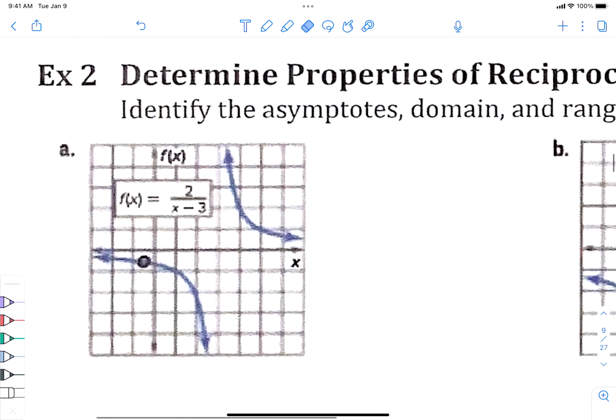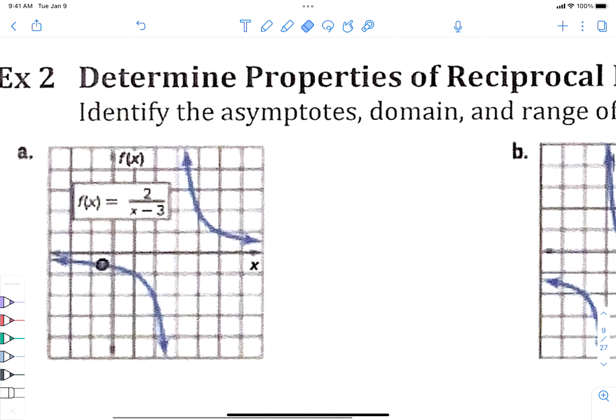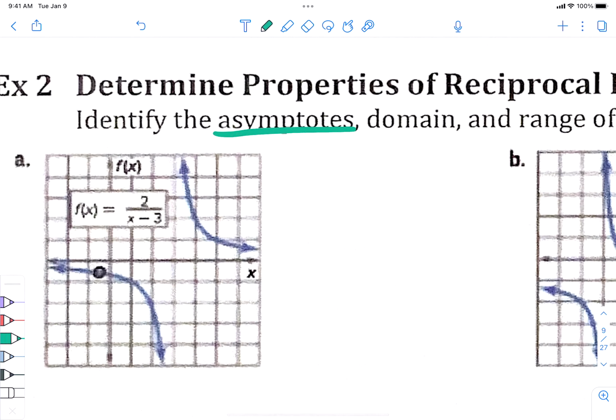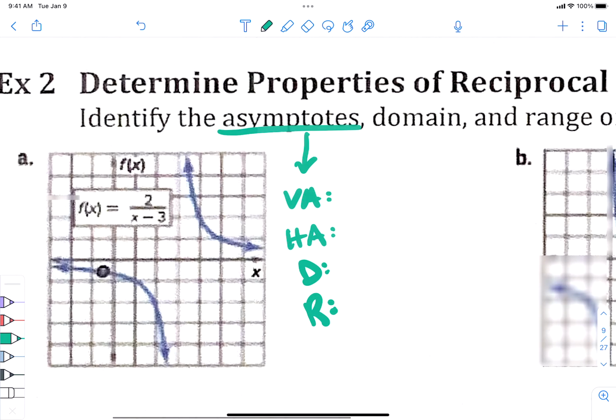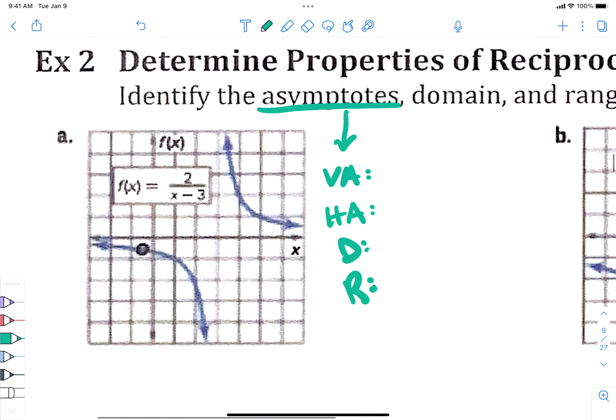So we've got asymptotes. It says identify the asymptotes. We have two different types of asymptotes, and they are called a vertical one and a horizontal one. So they're asking for vertical, horizontal asymptotes. And then they ask for domain and range. Okay, vertical asymptotes, horizontal asymptotes, domain and range. Okay, all right, so if I do some dotted lines here, like where the asymptotes are located, they don't have them written on this